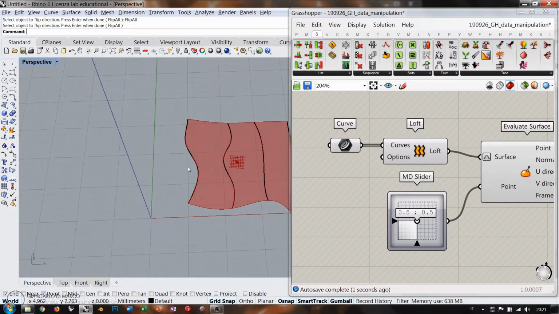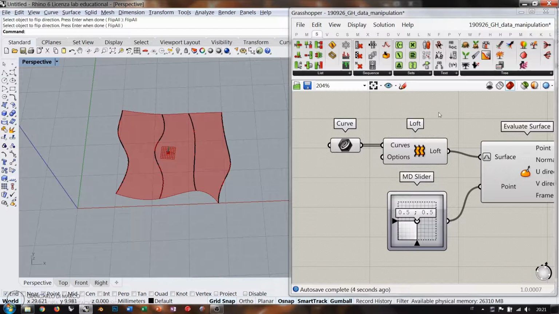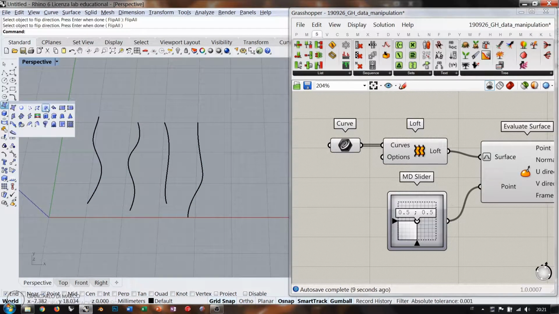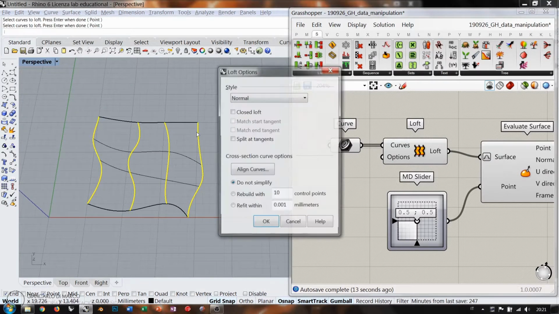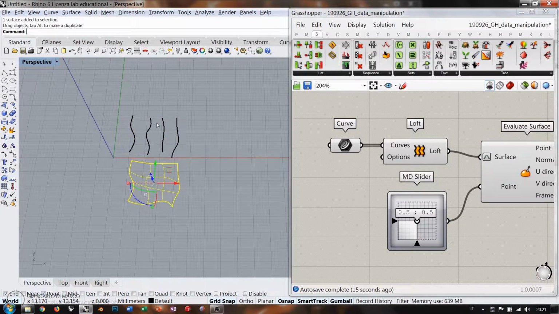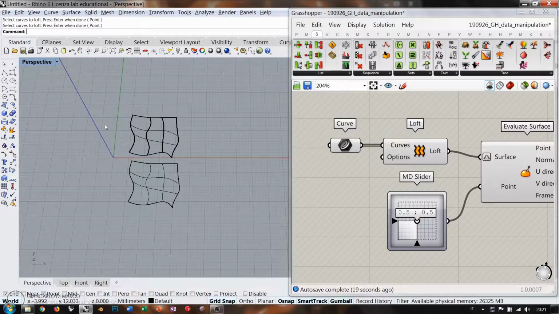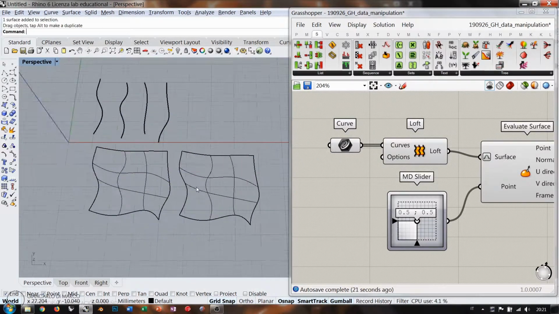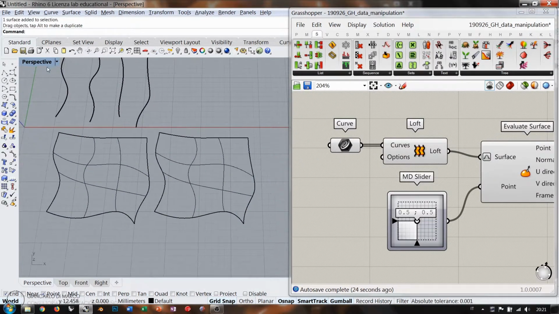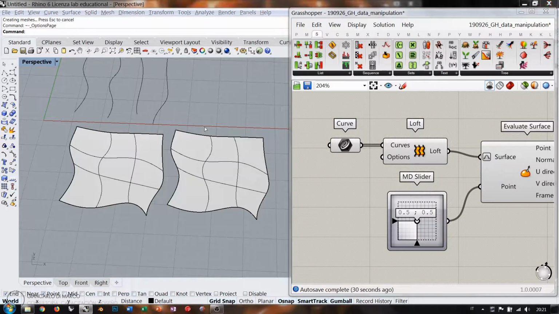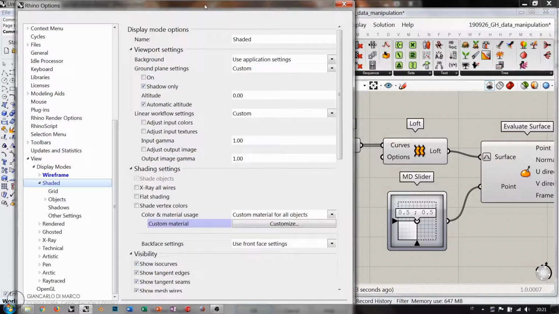Now this is happening because when you create a loft, for example, let's create a loft in Rhino. If I loft these curves from left to right, I get this result, and if I loft them from right to left, I get this other result. Geometrically we have exactly the same effect, but if we go into shaded mode and then we go into display options, and one setting that I do recommend to all